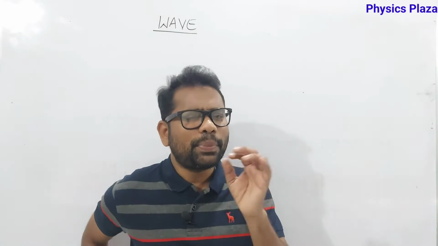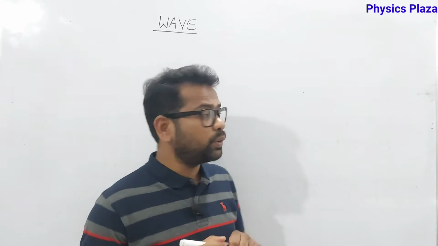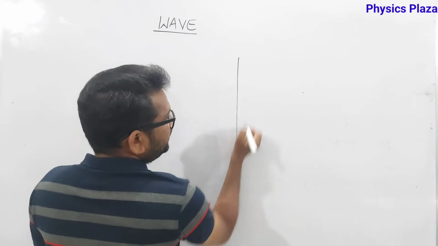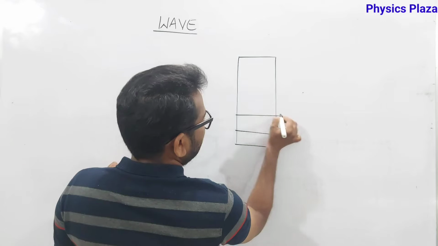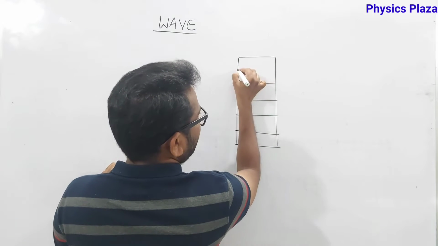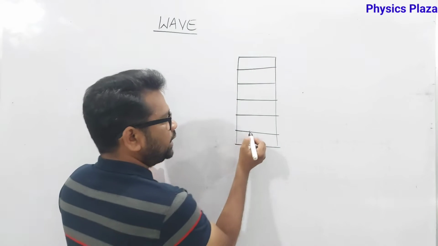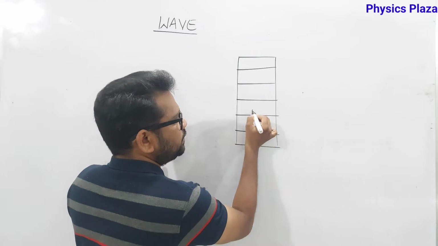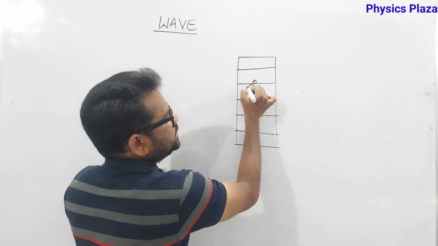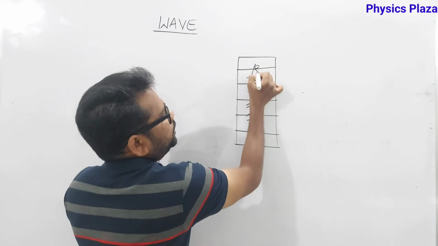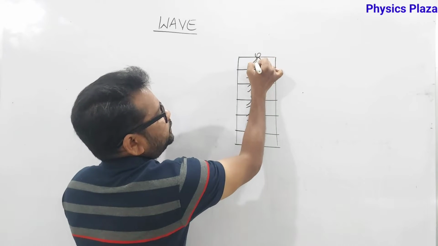Children, to understand this, the best example is in a class only. Let's just imagine a situation. Here is one classroom, one row, let us take that here. Here one bench like this. Of course, you can notice in your class also. You can do it also. Let us say here is one bench. Let us say one student is there. One bench here, one student is there. Let us say here 1, 2, 3, 4. Total 6 students are there.